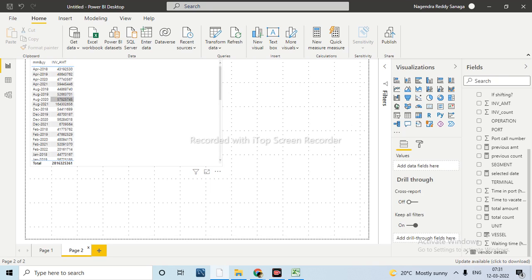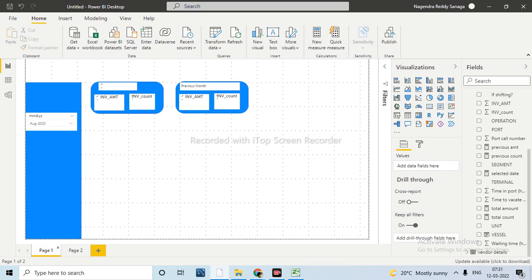Next thing, now when we have selected this one, the previous month is what? July 2020. Now to verify, July 2020 is around 55 million. See, you are getting the correct previous month, right? Based on our selection, it will take the current month and the previous month. So far, any doubts?